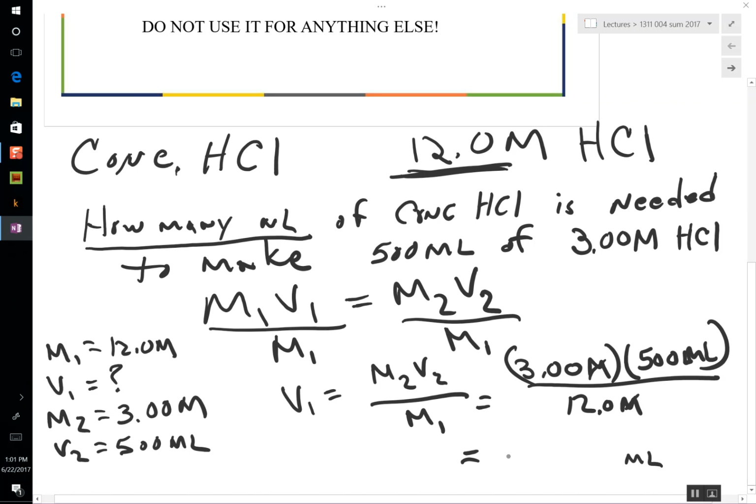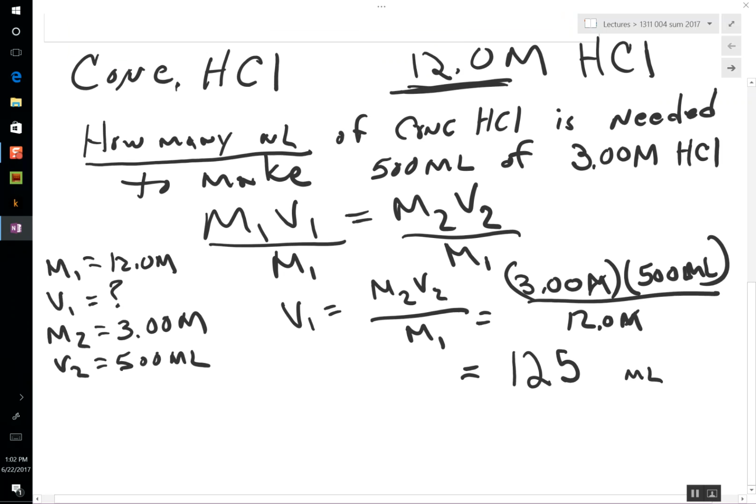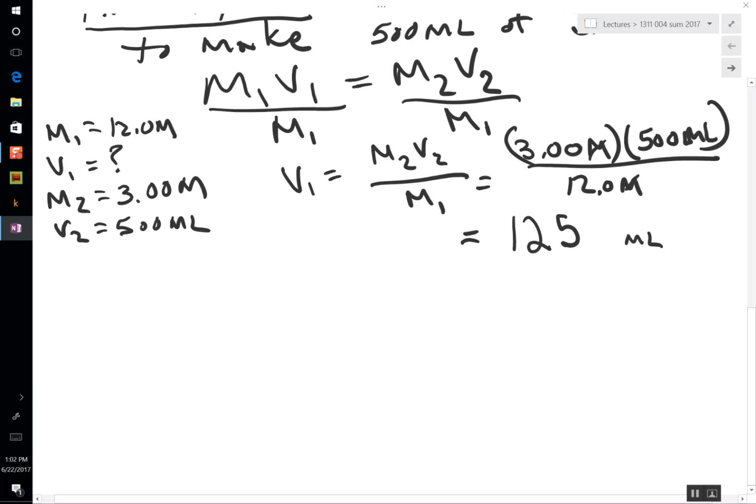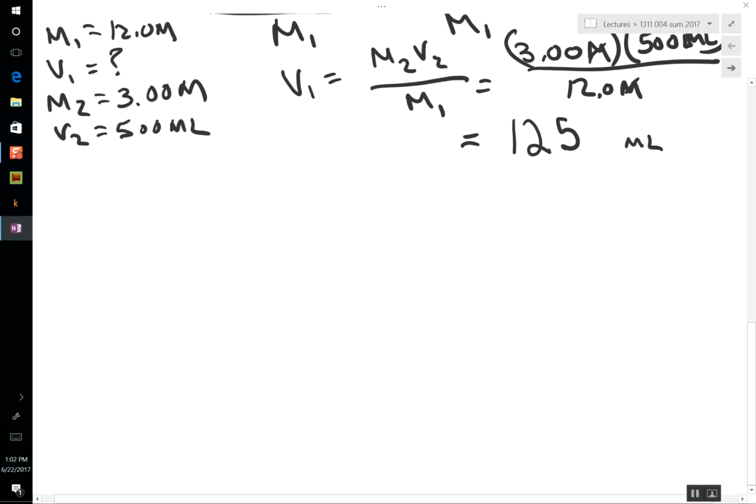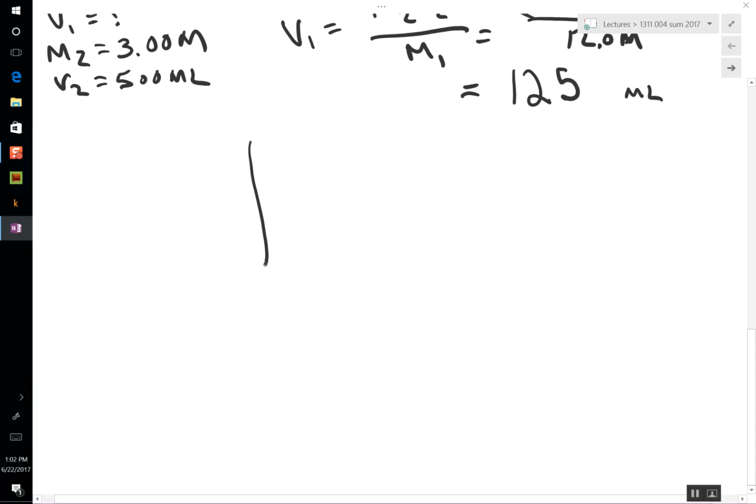Work your calculators. Get your money's worth out of your calculators. How many milliliters? Go ahead. So what would the lab technician do here? 125 milliliters, okay? So the lab technician would get themselves a 500 milliliter